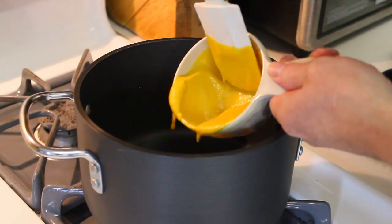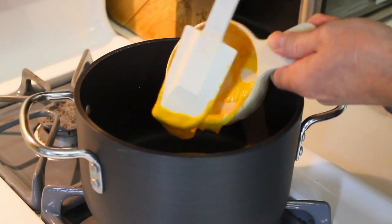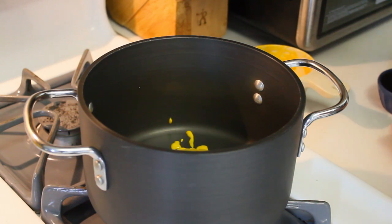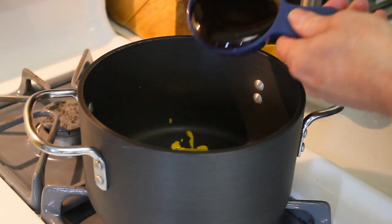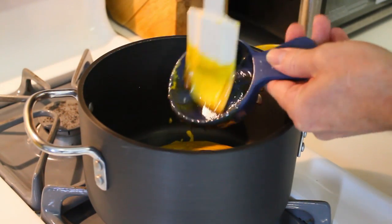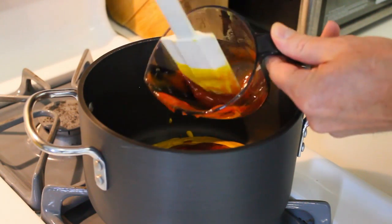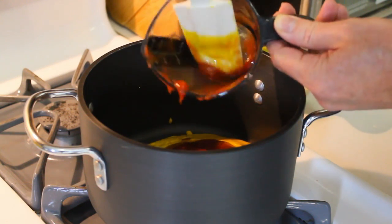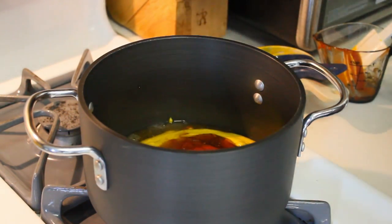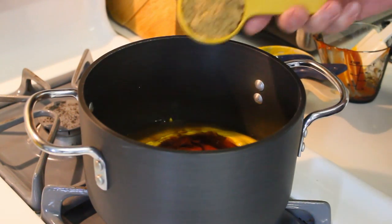So I have here a cup of prepared mustard. And I would think that this is probably the mustard that Blues Hog uses. Just like the regular yellow ballpark mustard. So there's a cup of mustard, a half a cup of honey. Yeah, this has a really great sweet honey flavor. A quarter cup of ketchup, a quarter cup of apple cider vinegar, a tablespoon of Worcestershire sauce, a quarter cup of packed brown sugar,